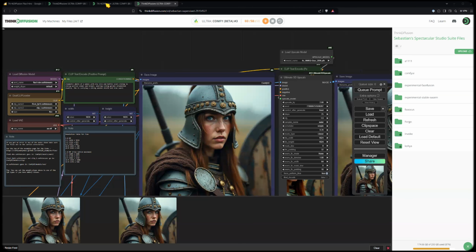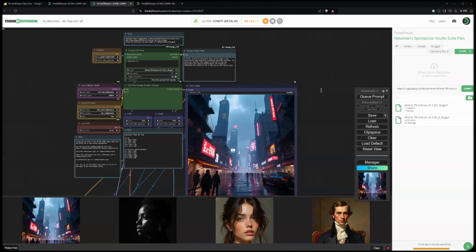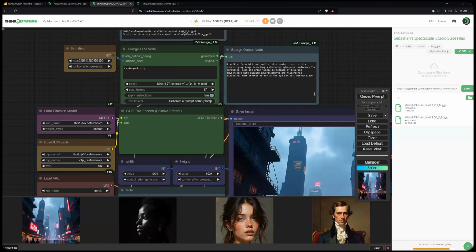He then also asked, doesn't this LLM part take up space in VRAM and limit graphics generation? Yes, it does take up space in your VRAM. I'm currently using a 48 gigabyte machine, the Ultra machine on ThinkDiffusion, so I'm running this fairly fast. There's always a startup time, since there are a lot of models to be loaded into memory, so that will take a couple of minutes. But once everything's loaded, every new generation is quite fast.